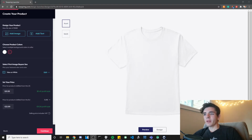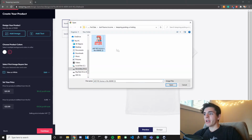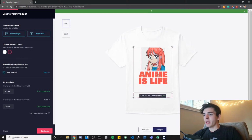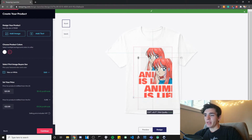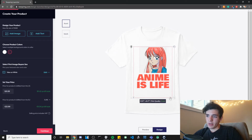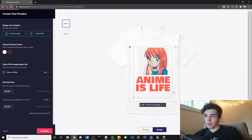Alright, now that we're on this screen, we want to upload our design. Just click on Add Image and find your design wherever you've put it. In this case, I have it right here. Once you have your design uploaded, it'll take a minute, but you'll be able to scale it, make it bigger, and do all that stuff. As you can see, I can move it, I can center it,